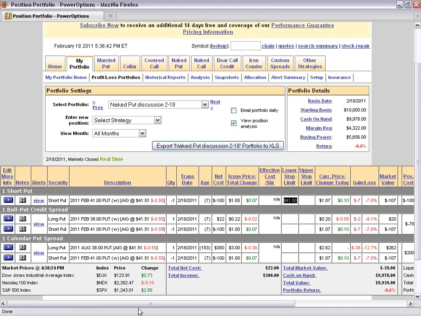Well, if the earnings are good on the 24th, and please, I hope everyone understands this is definitely not a recommendation or suggestion. I never enter a new naked put if I know that earnings are coming up between now and the expiration date. I'll look at that at a different time.